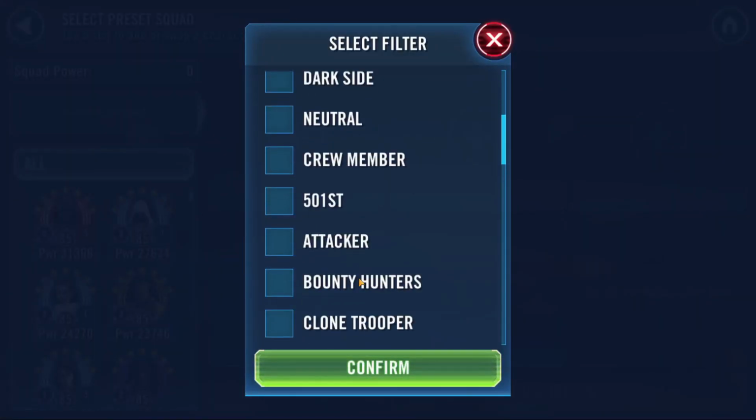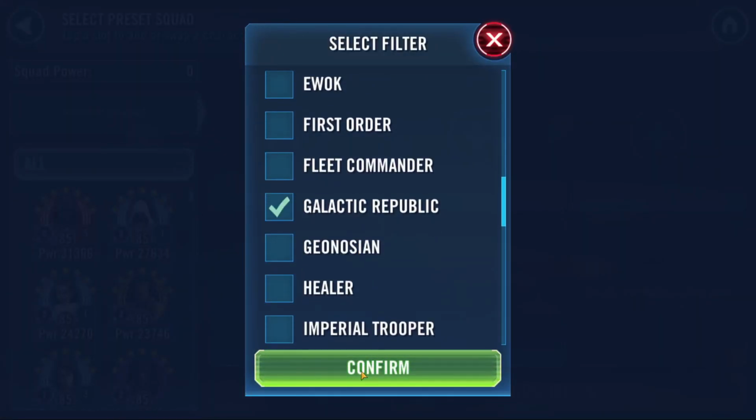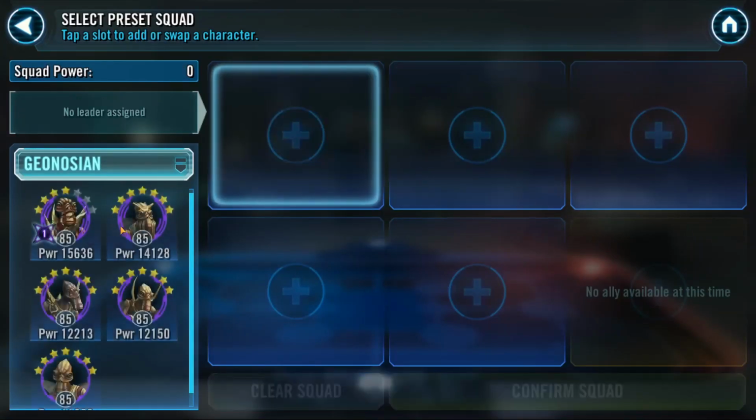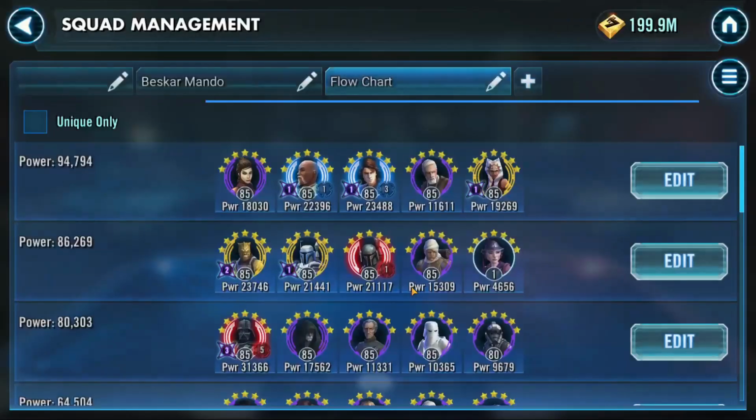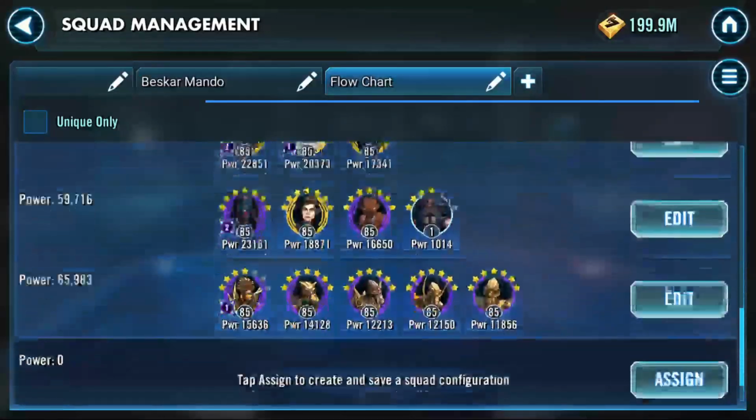Now, I always forget to do this, and yes, I know this is not the order that they should be deployed into battle. Oh my god. But use your Geos. I know this is not the order they should be deployed in, but a Geo team,